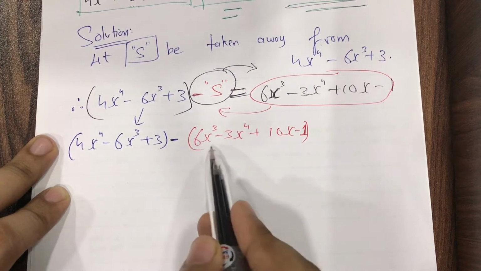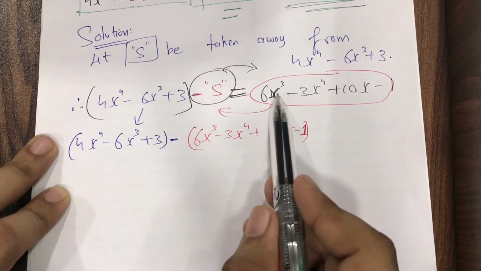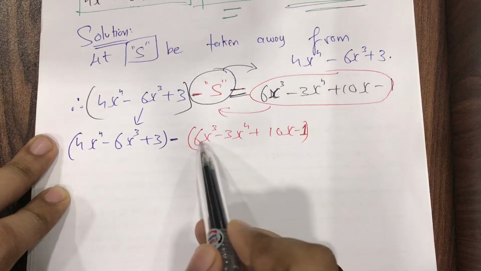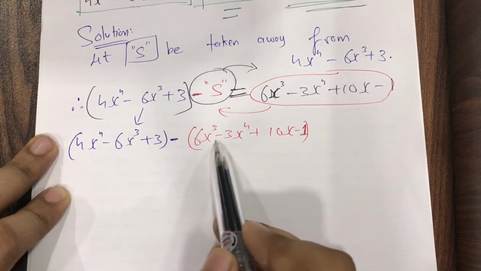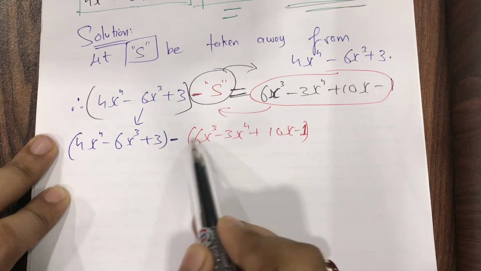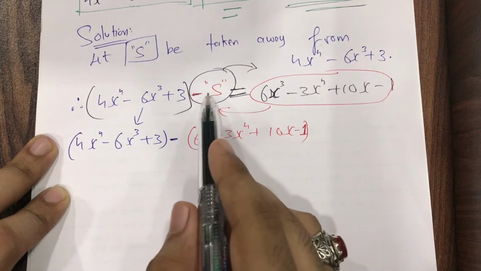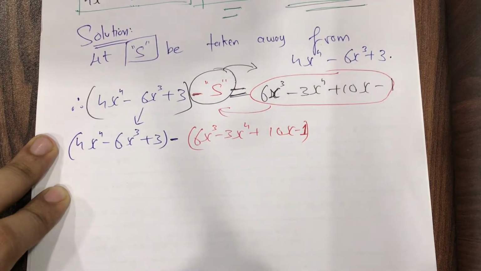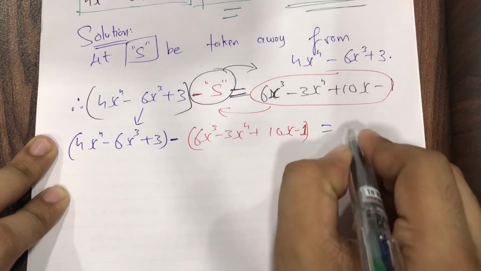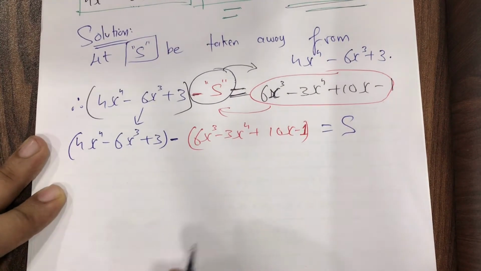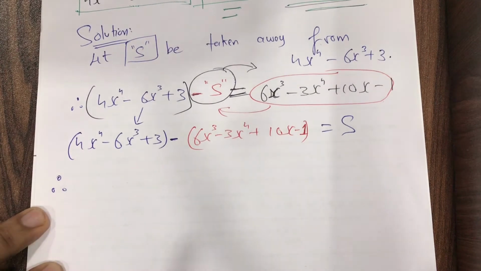If I would not have put a bracket over here, then 6x cube comes here, and I would have written minus 6x cube. Minus 3x raised to 4, I would have written plus 3x raised to 4. But I have put a bracket here and a minus sign outside. And this minus S comes on the right hand side. So it becomes plus S is equal to plus S. Okay. So therefore now